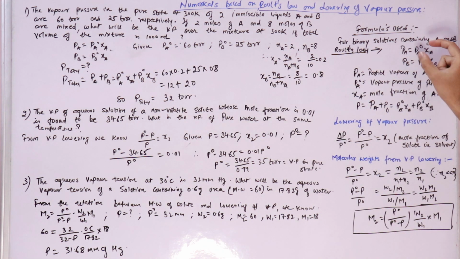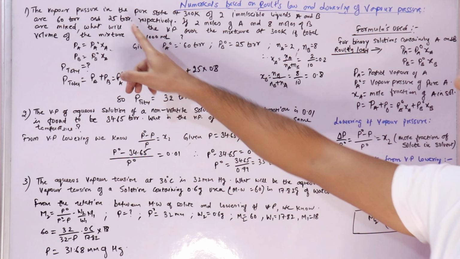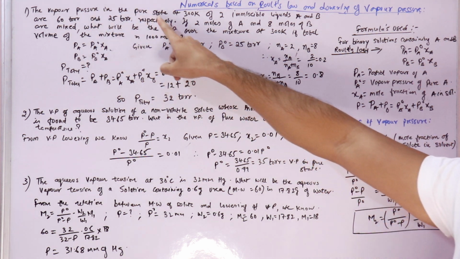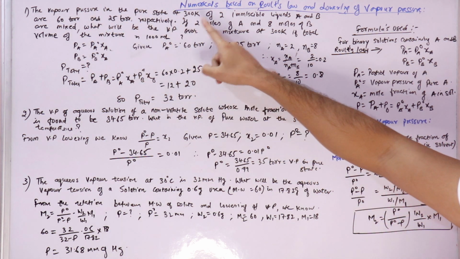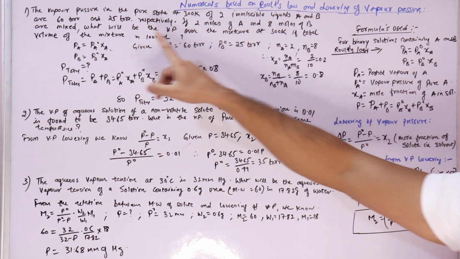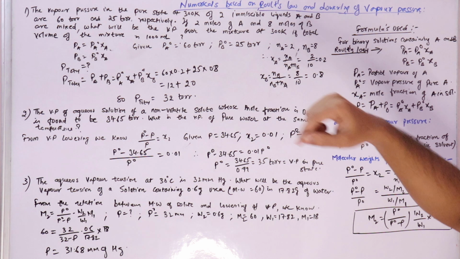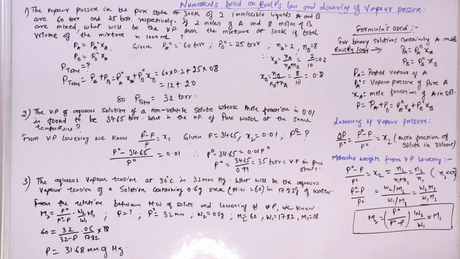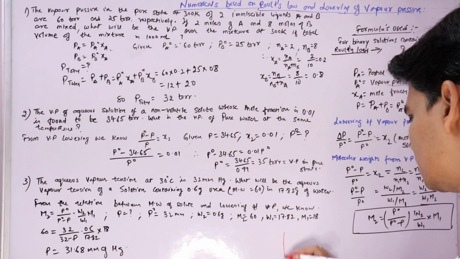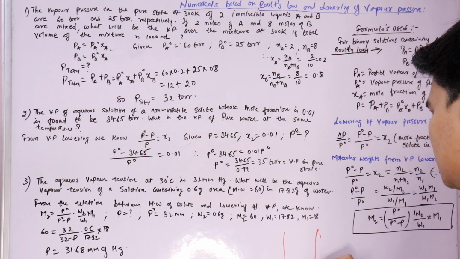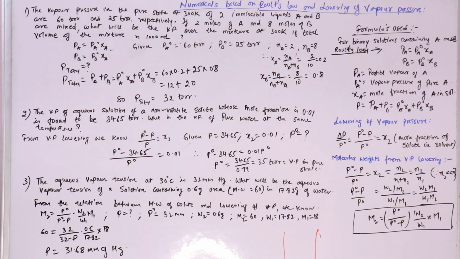Here PA0 and PB0 are given. Why? Because it says vapor pressure in the pure state, right? If 2 moles of A and 8 moles of B are mixed, what will be the vapor pressure over the mixture at 300 Kelvin? What it means is, if you want to understand this so that you can do it,